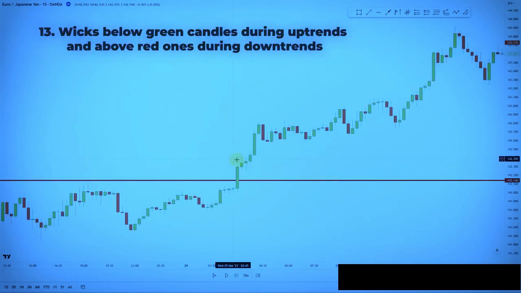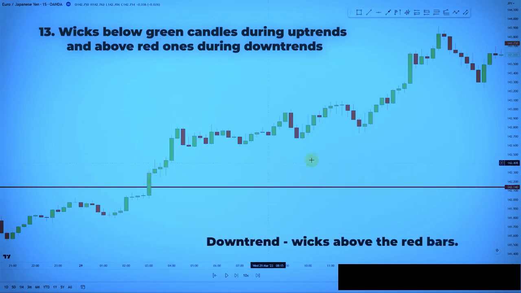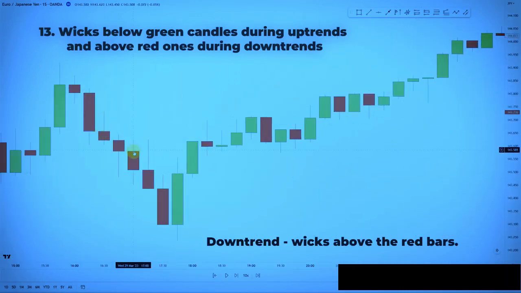13. Wicks below green candles during uptrends and above red ones during downtrends. So in a strong uptrend, you will also see a lot of wicks below the green bars. This represents a good signal that the buyers are in control of the market and that they are trying to push the prices upwards. You will also see a lot of wicks above the red bars in a strong downtrend. This shows that the sellers are in control and that they are successfully pushing the prices downward despite the initial reaction